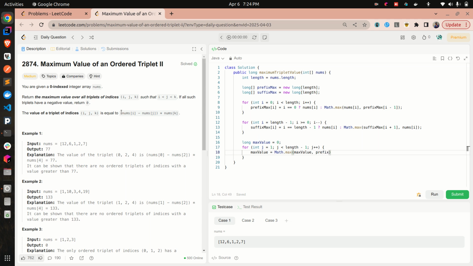For a given j, what would be the maximum I have seen so far before that? The maximum I have seen so far would be in the prefix of j minus 1, right? So prefix maximum of j minus 1 minus the current number,